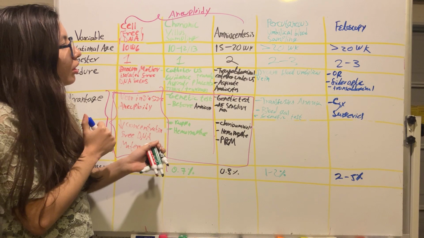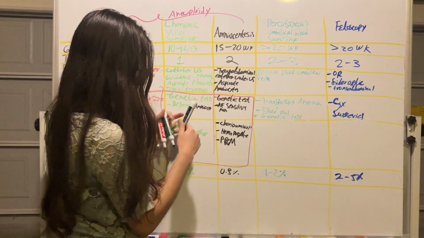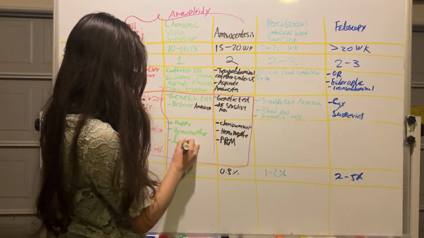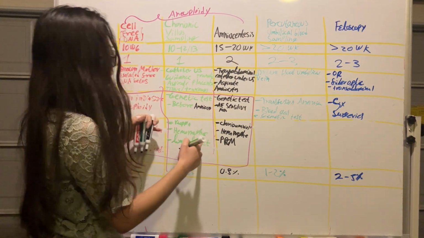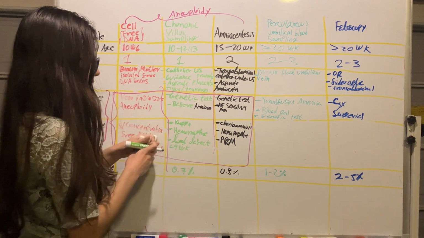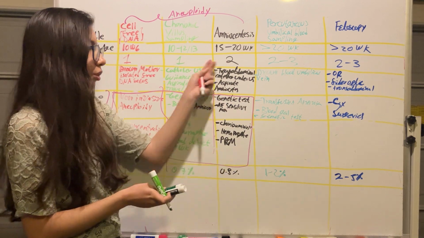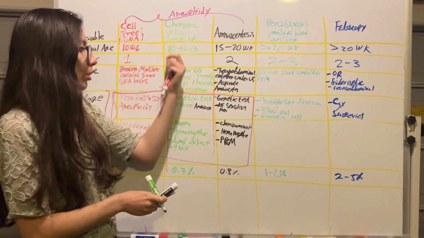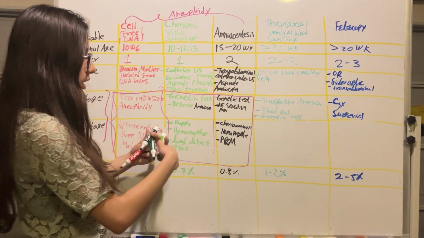Also chorionic villus sampling is associated with limb defect if the test is done before 9 weeks gestation. Something that does not happen with amniocentesis, because normally amniocentesis is done between 15 to 20 weeks. So if we do chorionic villus sampling before 10 weeks, it's associated with limb defects, as opposed to amniocentesis,